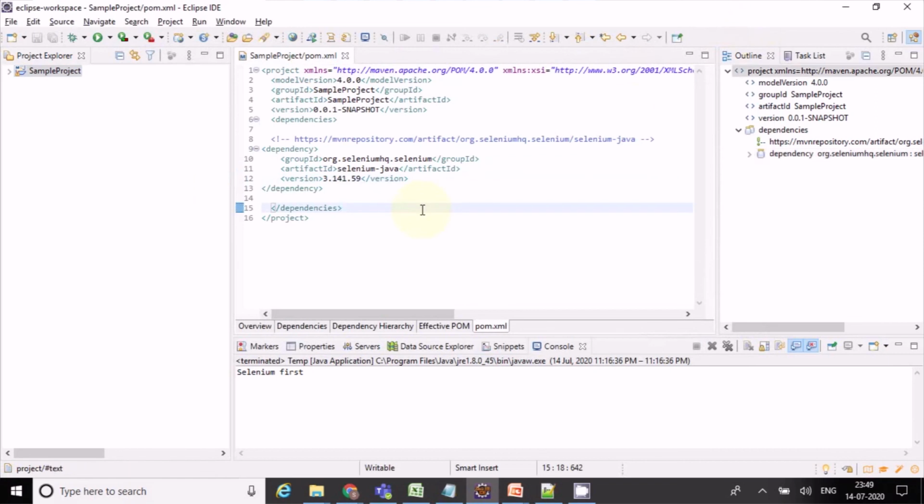But in a Maven project, no need to do anything. We just go to pom.xml and update the version. Just save it, then automatically the old versions are updated with the latest version jars. This is the way we configure Selenium.